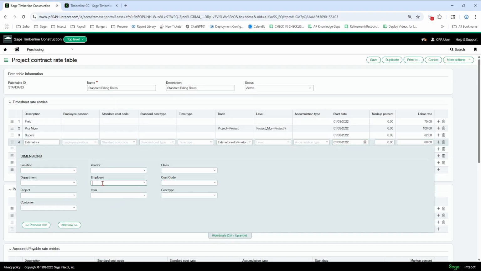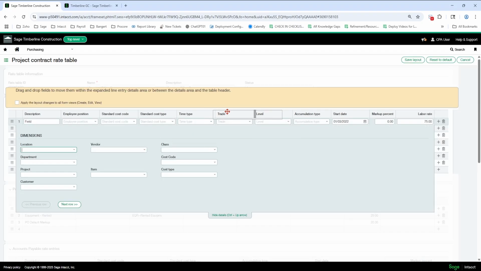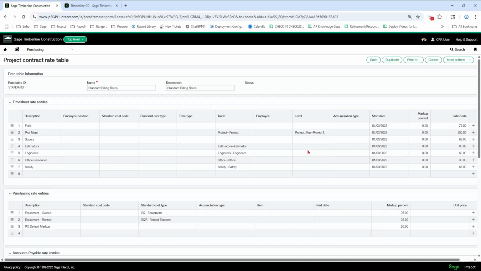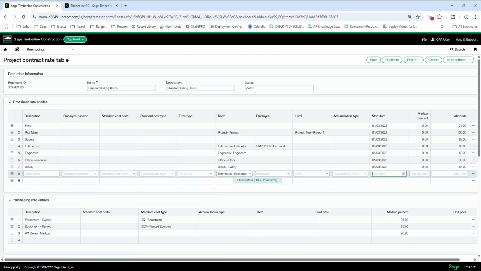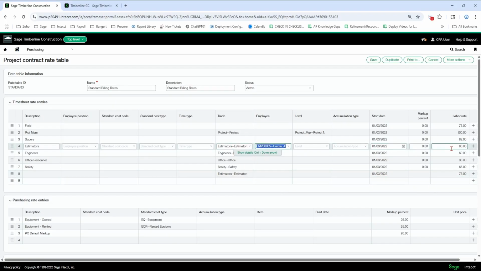So you could do a specific employee. That's an estimator here. You could also drag up your layout. So if you want to drag up the employee here, so it's visible, a little easier, save layout. Then if a specific estimator, say it's Jose, is $80 an hour, but all my other estimators are $75 an hour, the more specific criteria is going to hit first.